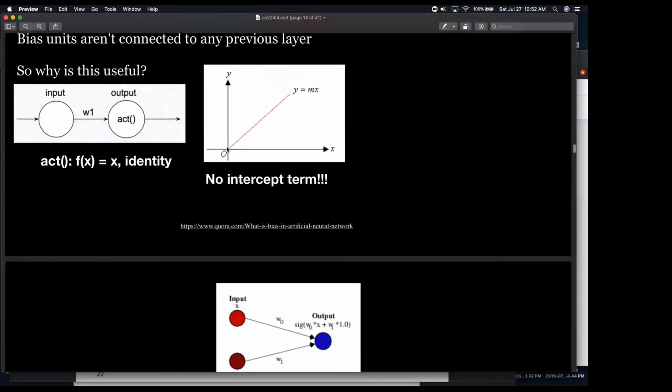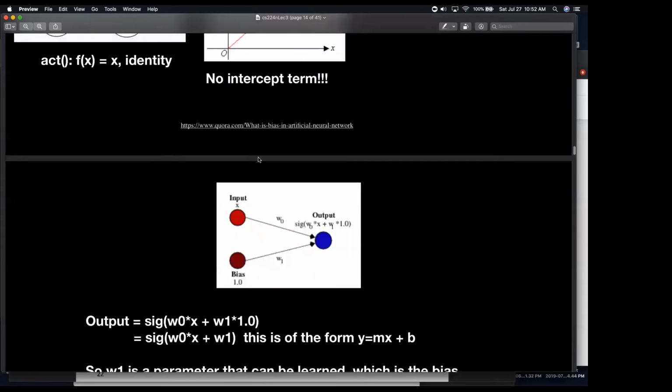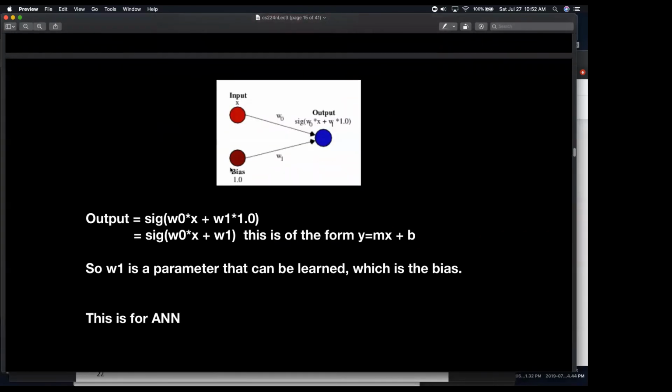So if you want to represent this model, which moves this line further above, further below, and you want to simulate that, that's when you add this bias term in. Now if you look at it, you get W0 into X plus W1 into this, which is always a 1. So this W1 right now is your bias. So this bias helps you